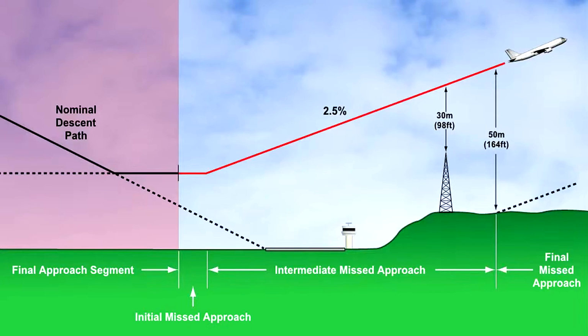If the necessary visual criteria for continuing the approach are not met at decision height or minimum descent height, MAPt, or at any time during the instrument approach that the pilot is unable to continue, the designated approach procedure requires the pilot to fly a missed approach immediately in order to be protected from obstacles.